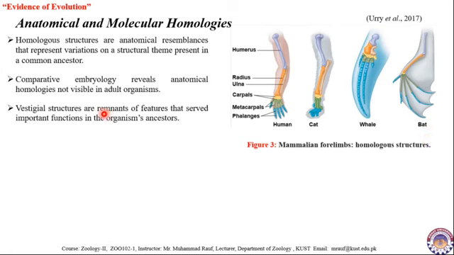Vestigial structures are remnants of features that served important functions in the organism's ancestors. There are certain structures that are vestigial, and these structures used to perform some functions in the ancestors. For example, the presence of appendix